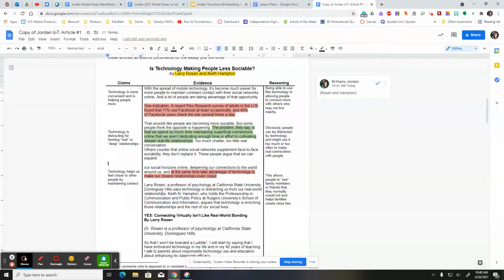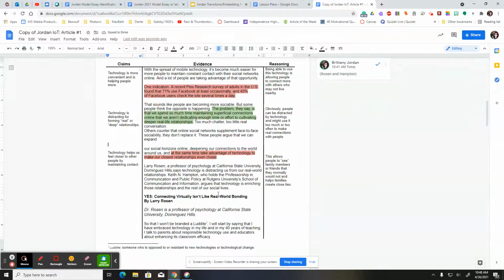Okay, so to finish off this little piece here, it says Larry Rosen, a professor of psychology at California State University, Dominguez Hills, says technology is distracting us from our real-world relationships. Keith N. Hampton, who holds the professorship in communication and public policy at Rutgers University School of Communication and Information, argues that technology is enriching those relationships and the rest of our social lives.